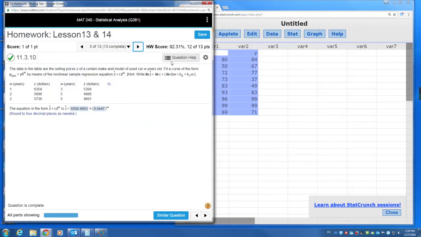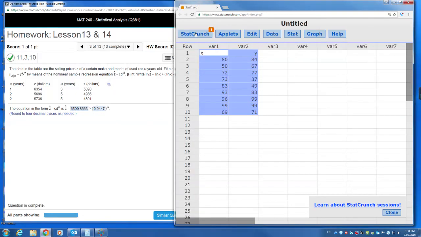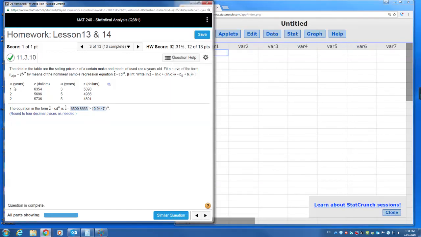Okay, there's a little bit of change on this one. We can do new data. So basically the formula is z equals c times d to the omega. You take ln on both sides, you get ln z equals ln c plus omega ln d. You can see the x value has not changed yet, x is still omega years, but the y value has been changed to ln z. So what we can do is copy that value